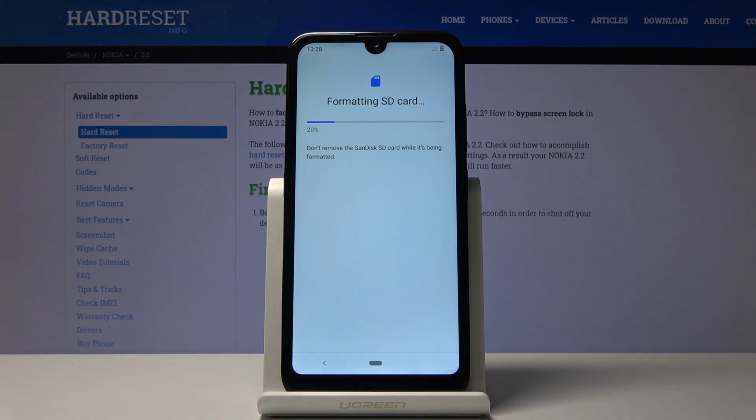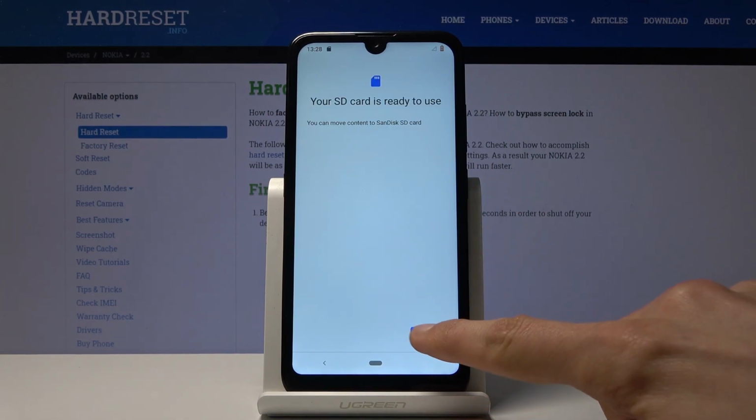That's a fairly quick one, it only takes a couple seconds. And once it's finished, the card is immediately ready to be used, as it should be, well, right now. Tap on done and you're